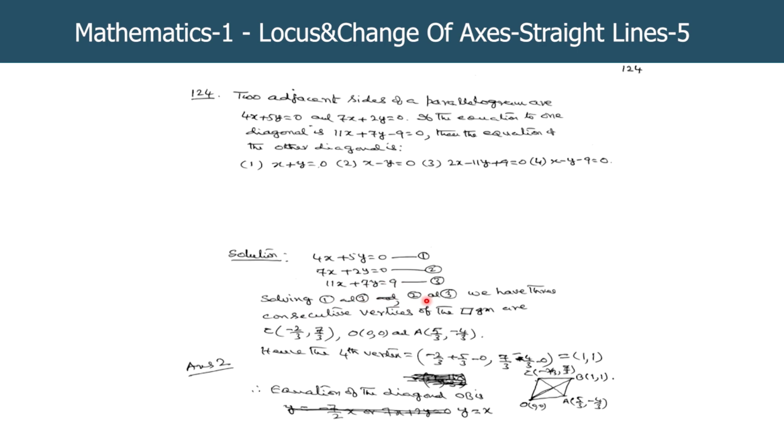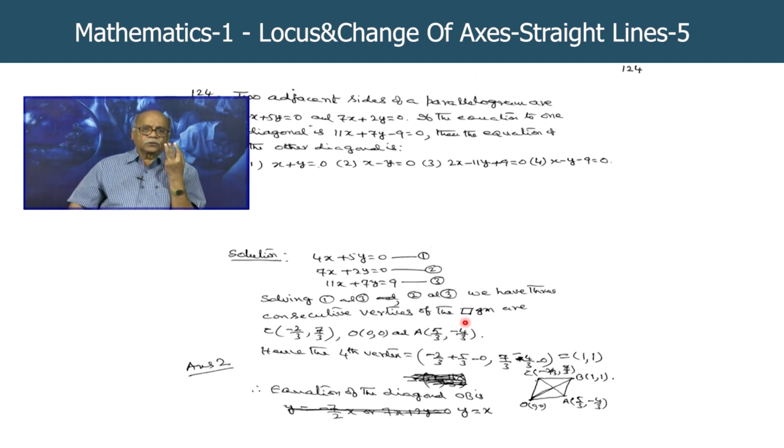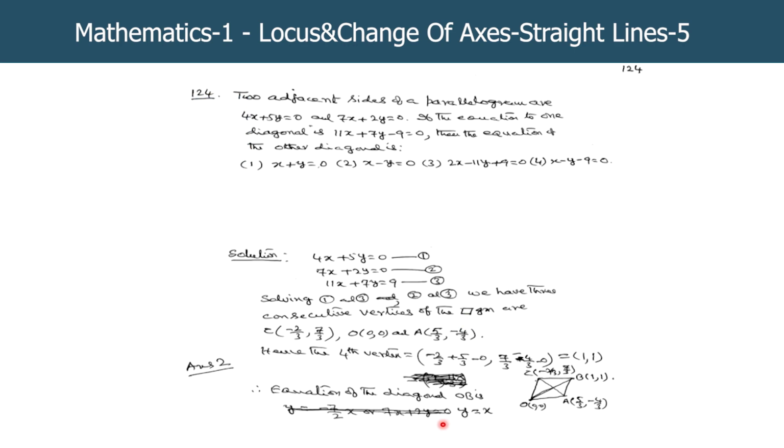Solving 1 and 3 and 2 and 3, we have the consecutive vertices of the parallelogram as minus 2 by 3, 7 by 3, and origin, and 5 by 3, minus 4 by 3. And you know that if you know three consecutive vertices of a parallelogram, we can find the fourth vertex also, because if x1, y1, x2, y2, x3, y3 are three consecutive vertices of a parallelogram, then the fourth vertex is x1 plus x3 minus x2, and y1 plus y3 minus y2. So, if you use that formula, the fourth vertex is simply,